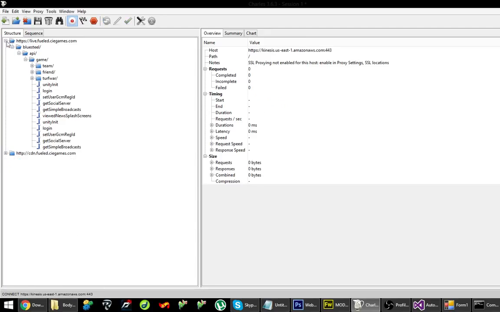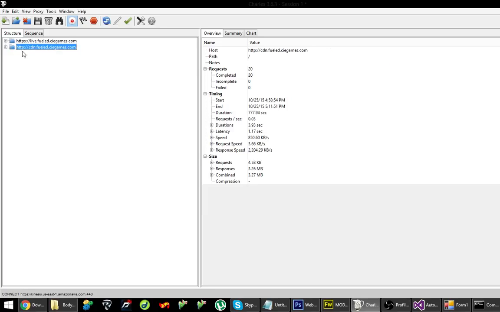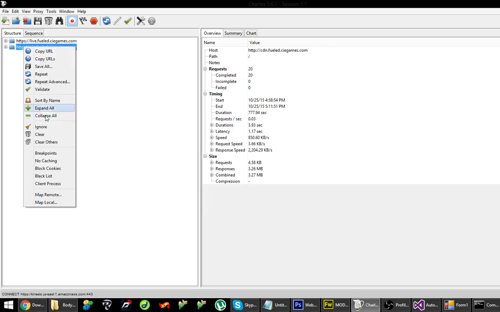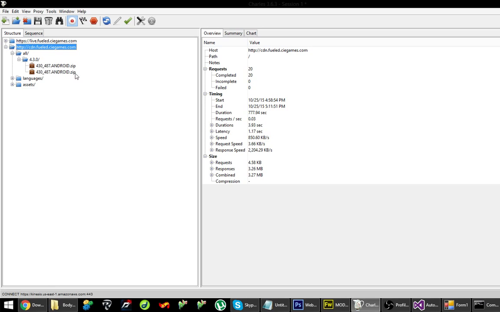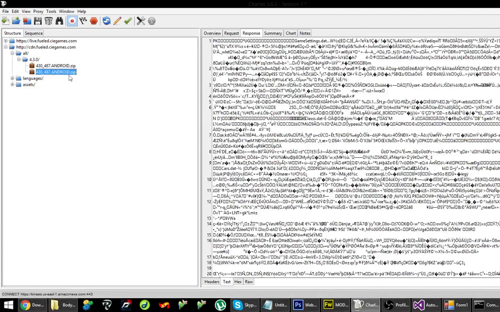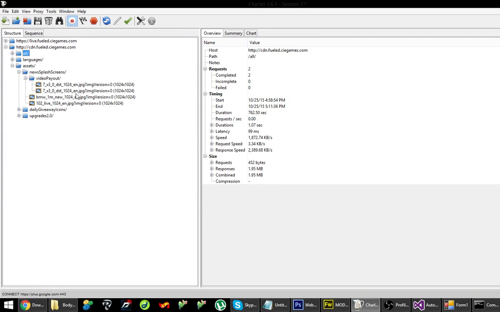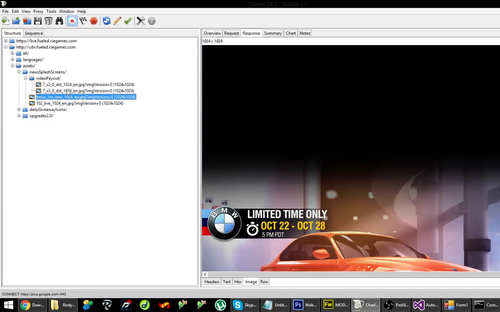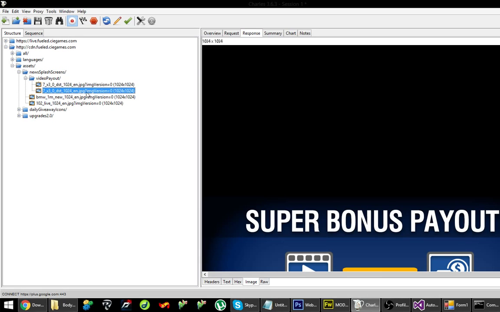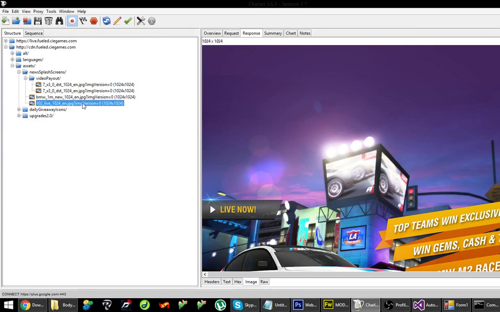Now from there, the link that's actually going to have the physical game files in it is going to be this one. This one you don't need to SSL proxy. But as you can see, this is the zip file of just the classes. These are the .dat files for Racing Rivals 4.3. And here you're going to see stuff like this. These are going to be a little bit harder to grab, so I don't recommend trying. But things like,